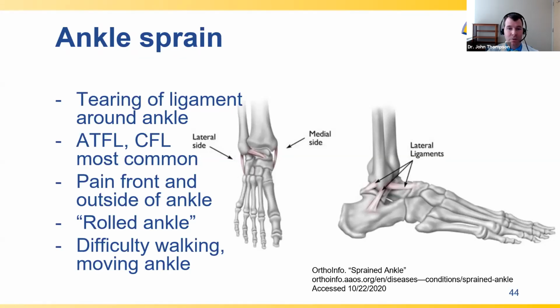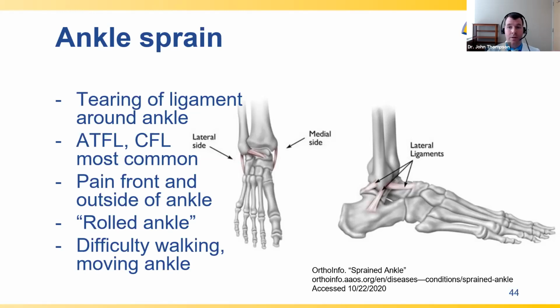Depending on the severity of the sprain, the ligament may experience only microscopic tears, or in the most extreme circumstances, may completely tear in half. There are many different ligaments in the ankle that may become sprained, but the most common ones are called the anterior talofibular ligament, or the ATFL, and the calcaneofibular ligament, or the CFL. These ligaments are located on the anterolateral and lateral aspect of the ankle, or better known as just the front and the outside parts of the ankle.